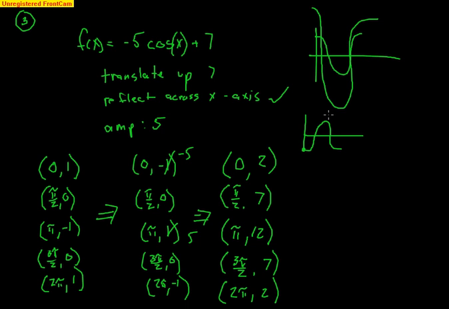Okay, so hopefully this transformation makes sense, especially with the amplitude change and the translation up. This negative 1 went down to negative 5, and then it had to go up 7 to 2. This one just went up 7. This guy had an amplitude of 5, and he went up 7 to 12. So if you think about this, its center line here was 0, but now it moved up to 7. And since it's up to 7, now that amplitude is going to shoot up 5,